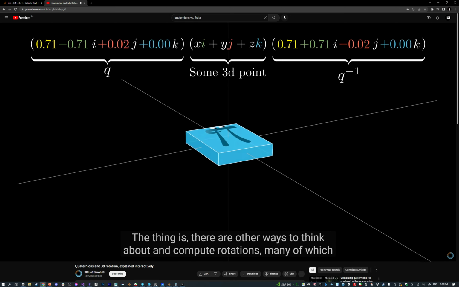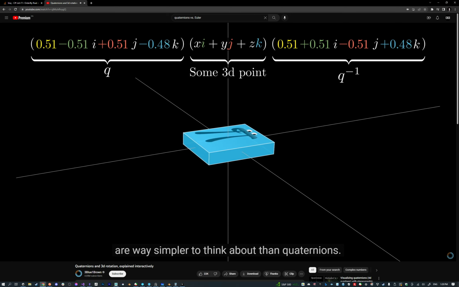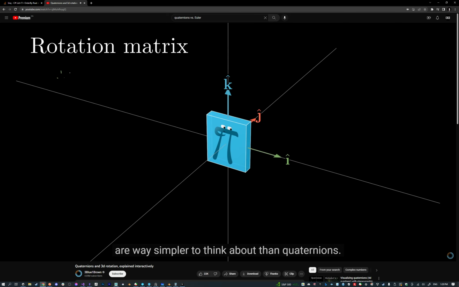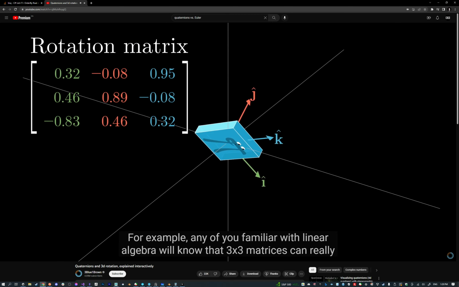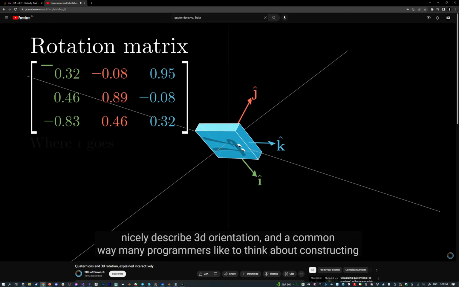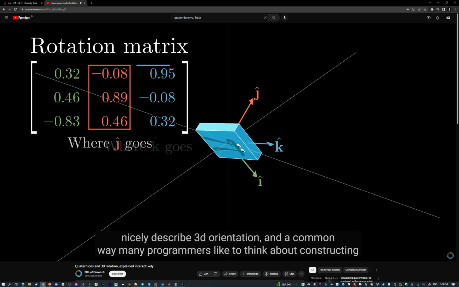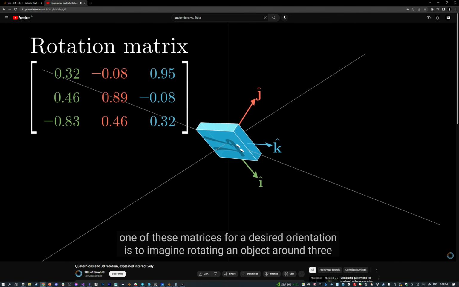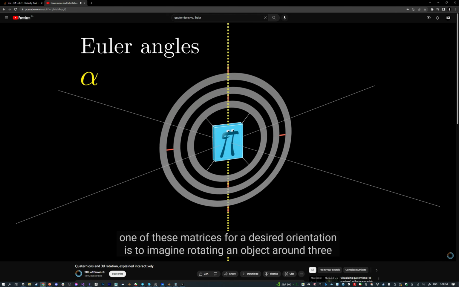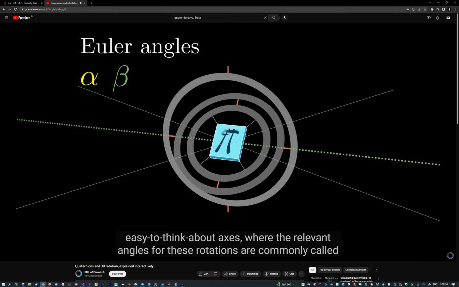The thing is, there are other ways to think about computing rotations, many of which are way simpler to think about than quaternions. For example, any of you familiar with linear algebra will know that 3x3 matrices can really nicely describe 3D transformations. And a common way that many programmers think about constructing a rotation matrix for a desired orientation is to imagine rotating an object around three easy-to-think-about axes, where the relevant angles for these rotations are commonly called